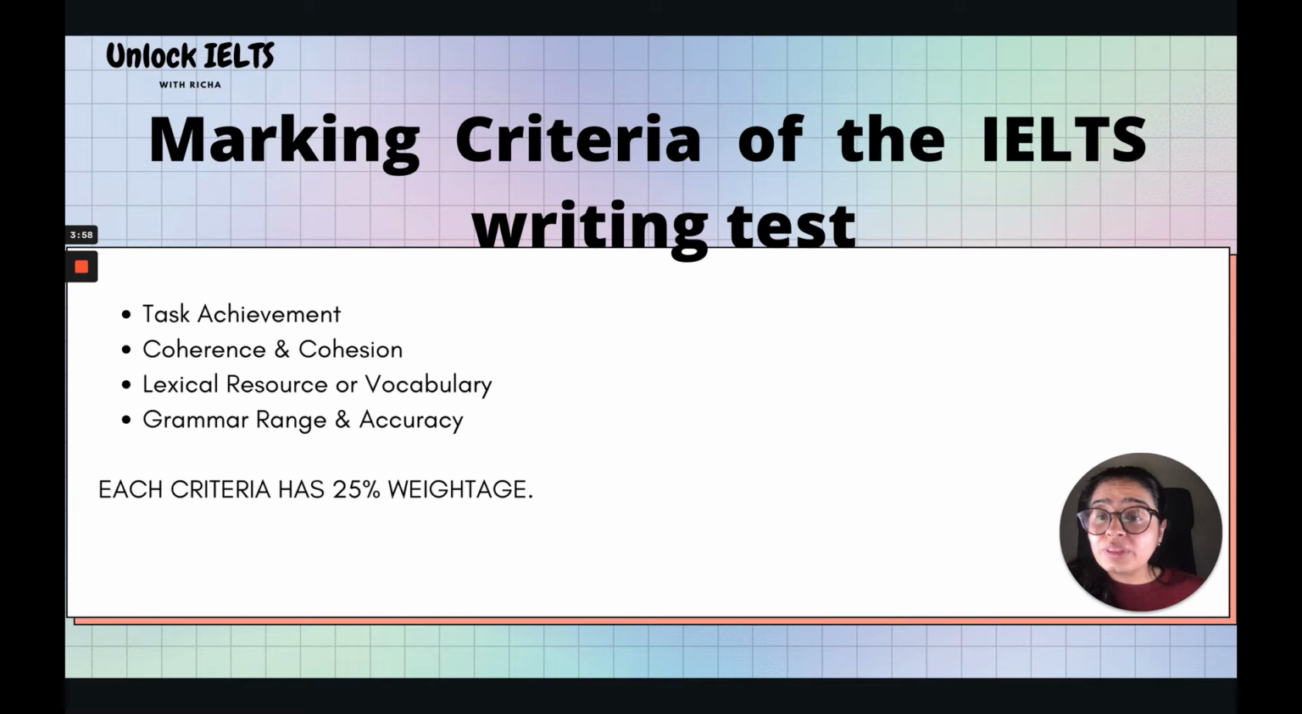In order to score a higher band in the writing task, it is very important that you understand the marking criteria involved for the writing test. There are 4 parameters on which your writing skills will be assessed, and these are task achievement, coherence and cohesion, lexical resource or vocabulary, and grammatical range and accuracy. As each criterion is equally weighted, you can't ignore one for the other. In order to understand these criteria in detail, you can refer to the link given in the description part of